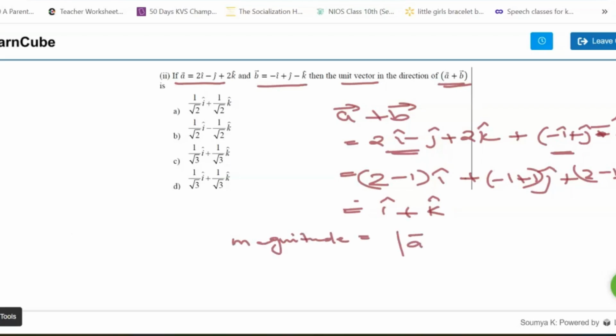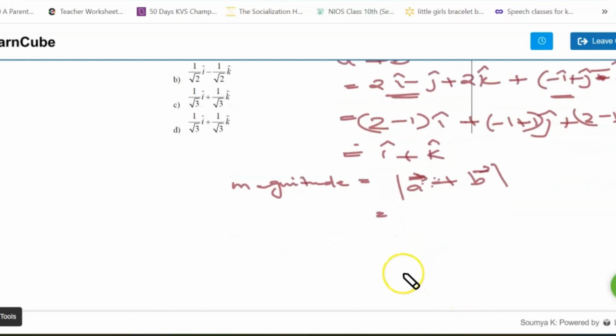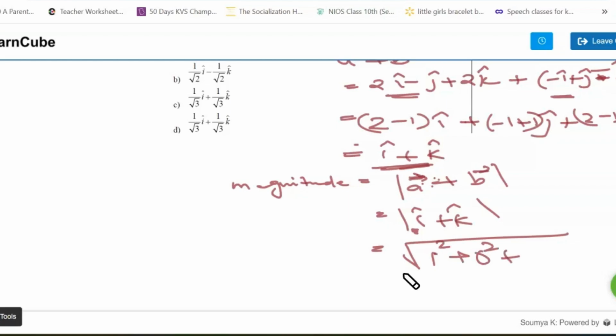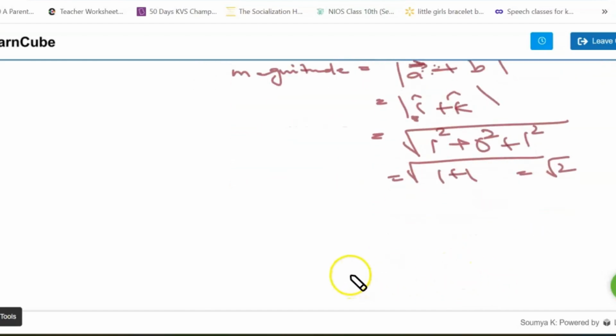Now find out the magnitude. This is the given term, or you found out the term like this. So find its magnitude. To find this, square root of what is the coefficient of i? 1 square, j it is 0 square, and k it is 1 square. This is how you find it: 1 plus 1, that is square root of 2. So this is the magnitude, and the unit vector that is being asked is equal to 1 by square root 2